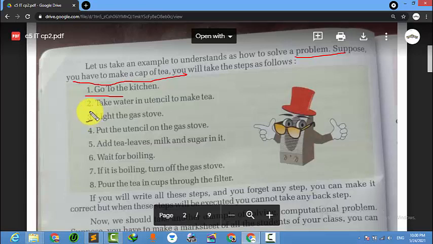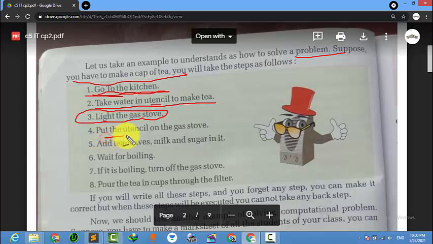Without going to the kitchen, wherever the gas is, there is no way to make tea. Then take water in a utensil. We need water, right? Then light up the gas. Without this the tea won't be ready.